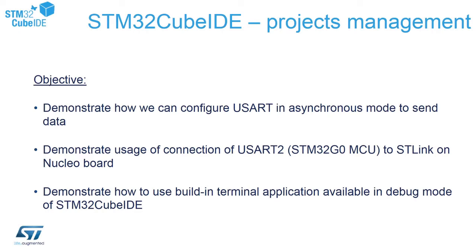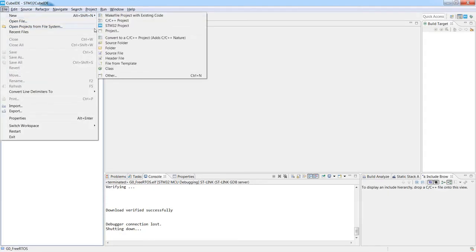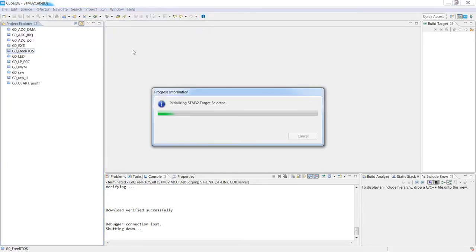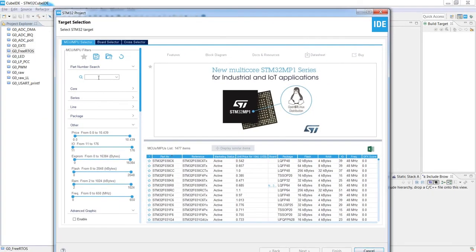And then we will reuse the existing built-in terminal application, which is a part of STM32CubeIDE. Let's start with new project creation in STM32CubeIDE. I will reuse an existing workspace which already contains several projects. I will create a new one for our micro, so I go to File, New, STM32 project, and now I'm waiting for the target selection window. I'm selecting